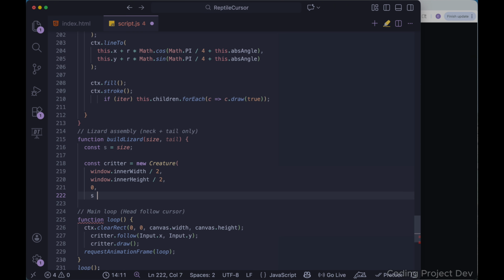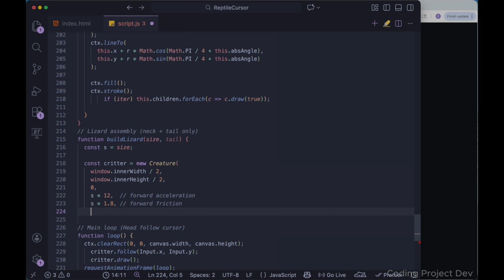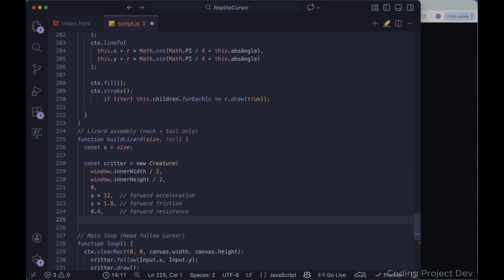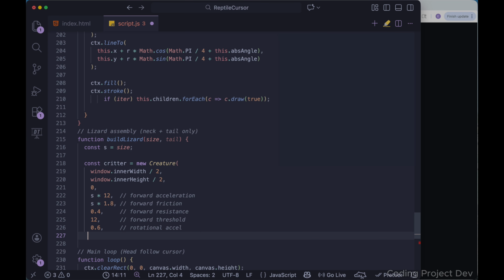Also we will add forward acceleration. After that we will add forward friction 1.8, and after that forward resistance 0.4. We'll also add threshold forward by 12, and rotational acceleration we also